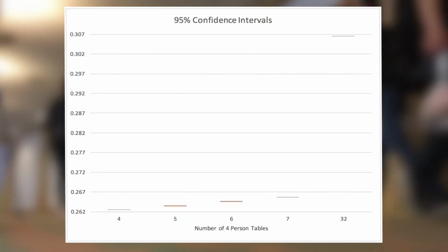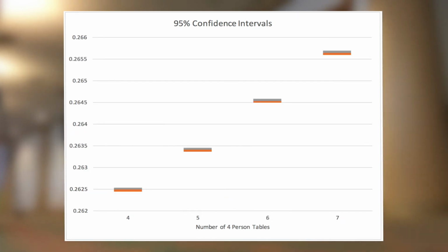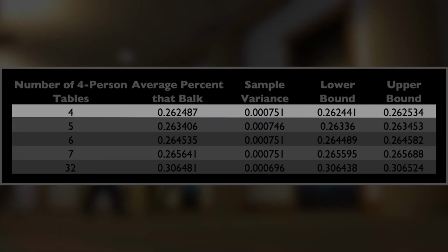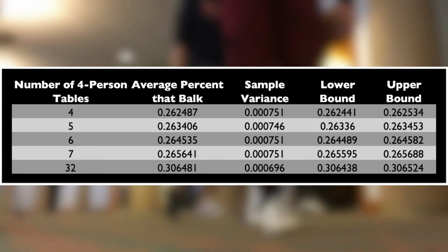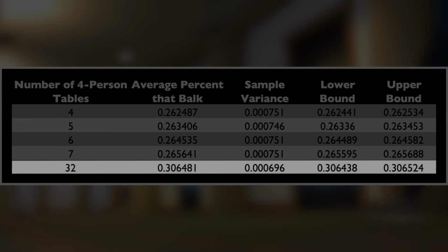Because sample variance is being used as an estimator for variance and actual variance is unknown, the t-distribution was used to construct the confidence intervals. The results from the models show that average balking rate is lowest when there are 4 tables of 4. With this arrangement, with 95% certainty, balking rate falls between 26.24% and 26.25%, compared to the current setup with balking rate between